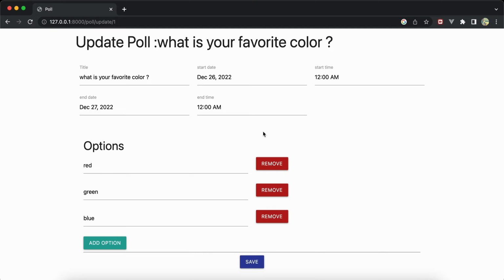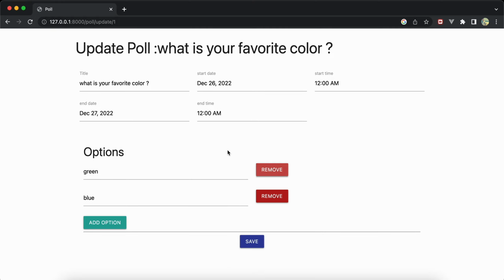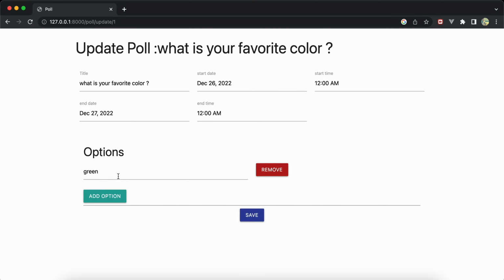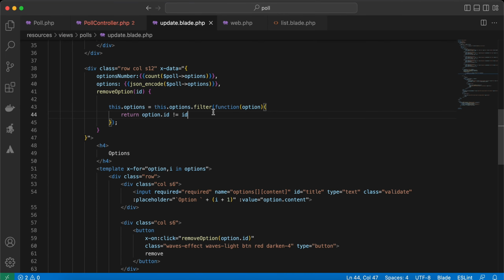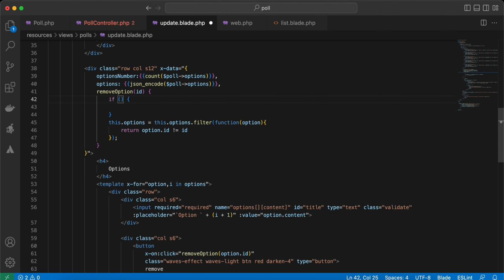Back, refresh. Let's remove it, for example. Now it's removed. Let's remove blue, it's removed. Remove green, it's removed. But if you noticed here, we have a rule. Every poll must have at least two options, right? So I will go back here and I will say if